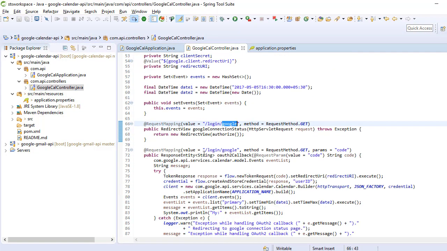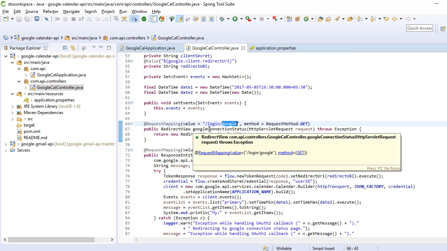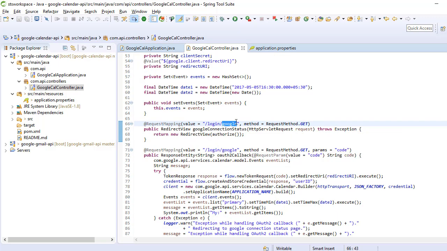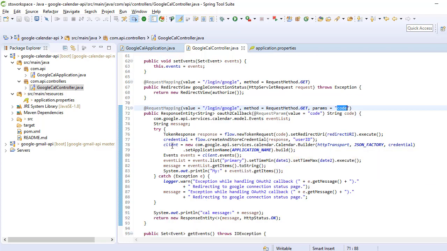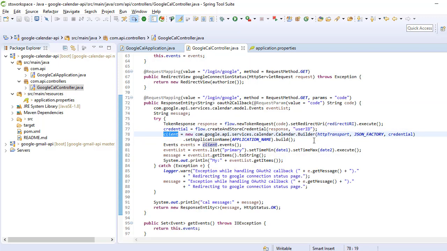So here, login. This is the REST API, localhost port number 9000 along with the login Google request URL. First, I am requesting to get the authorization code. After receiving the authorization code, the callback URL, the same URL, along with the authorization code we get the token. Once the connection is established and the login status is verified, then we have the token. Based on the token, we can connect to the calendar to get the calendar events.